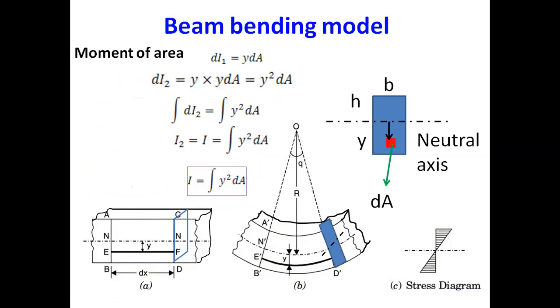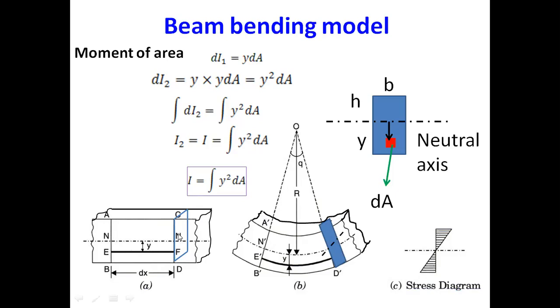The second thing that we would discuss in order to derive the flexure formula or bending beam model is the moment of area. So this is the beam when it is unloaded. I'm considering the cross-section area of the beam. Initially here we have a cross-section area. I'm taking a cutting plane here and this is the cross-section area. Initially this cross-section area is vertical, but when the beam is subjected to loading, the beam has bent.